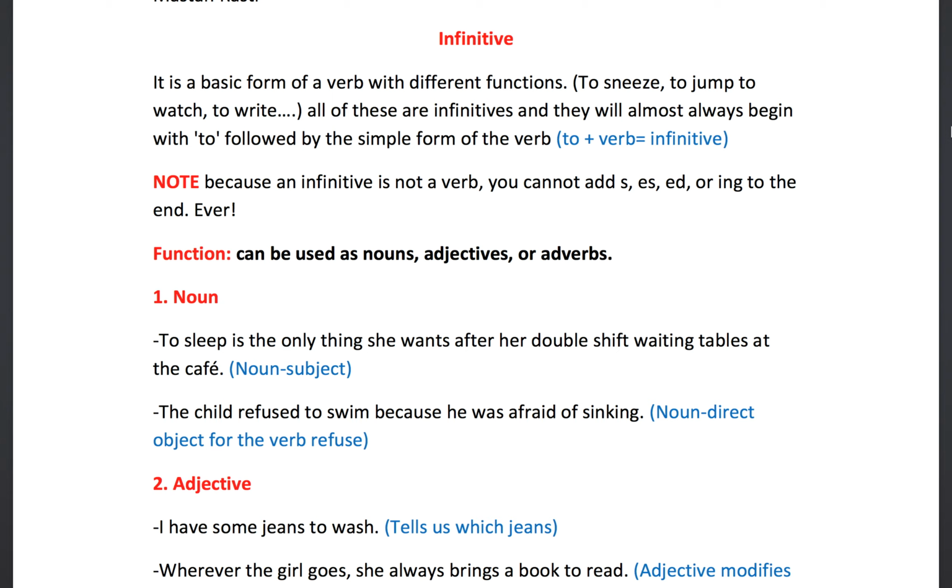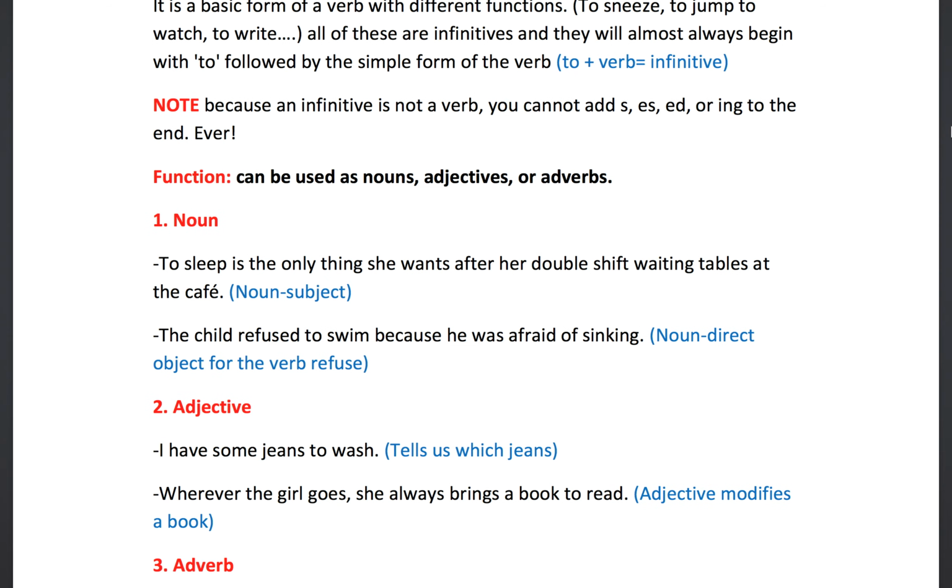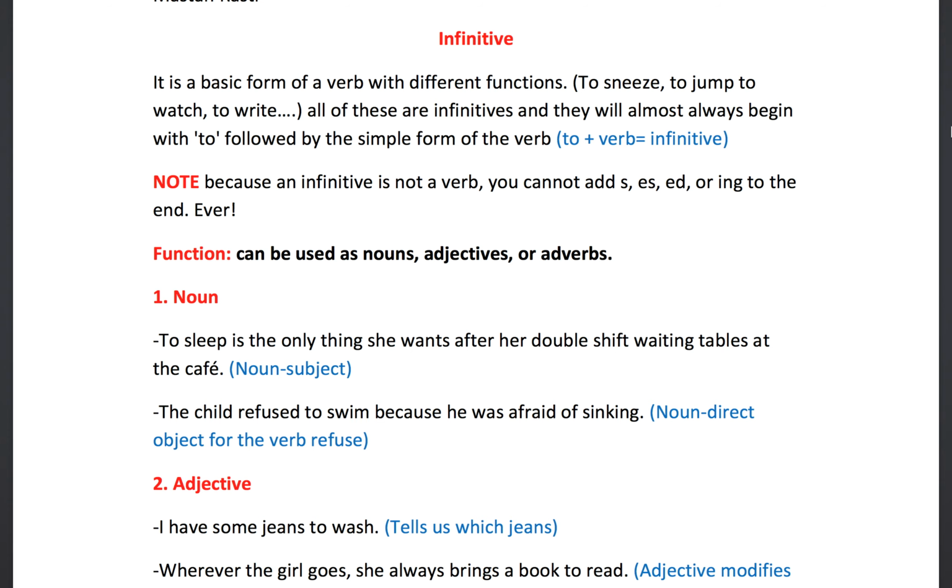Note that because an infinitive is not a verb, you cannot add s, es, ed, or ing to its end. Never. The verb should be in base form after to. But in some cases, we have a gerund or verb-ing after to, which is functioning like a prepositional phrase in that sentence. So you can differentiate between them by knowing how to use the infinitive in the sentence and